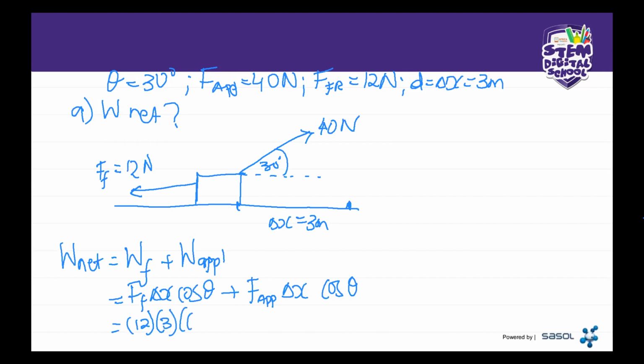Our frictional force is given as 12, our Δx is 3, and this is going to be cos 180 degrees. Why is it 180 degrees? Because it's exactly 180 degrees out of phase from the applied force. Which means that we're going to take a certain component. Because this is going that way, we're taking a component that is there. That's why we're using cos 180, plus force applied is going to be 40 times 3 times cos 30 degrees. So that has already been given to us, right? And all of this is going to give us